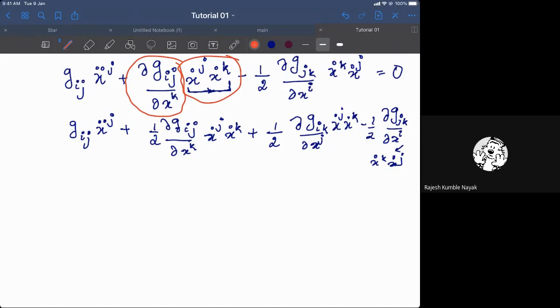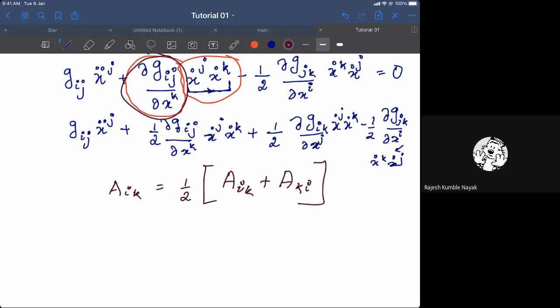So we might as well symmetrize this between the indices j and k. So this is purely symmetric. That's what I'm going to do, symmetrizing the matrix ijk. It essentially means that you write a_jk plus a_kj. So that is what you mean by symmetrizing the matrix. Here you have indices j and k over which you want to symmetrize, and that is what you do. So let me rewrite that.